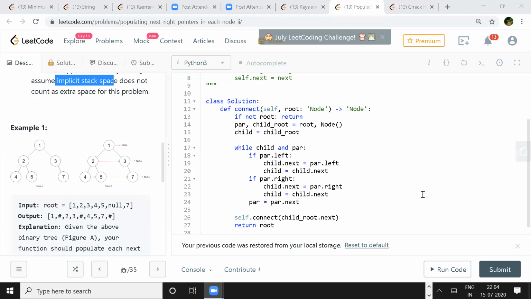So Uday, you also said that you have an iterative way to do this? Yeah, you can do it in an iterative way as well. But that also falls under the same concept, the linked list traversal and setting it for the next level. So I can give the hint where I started.